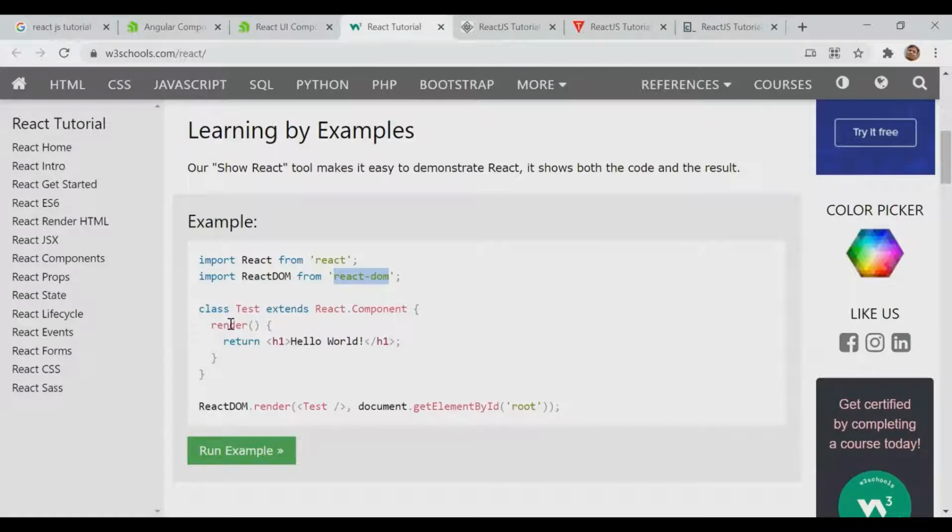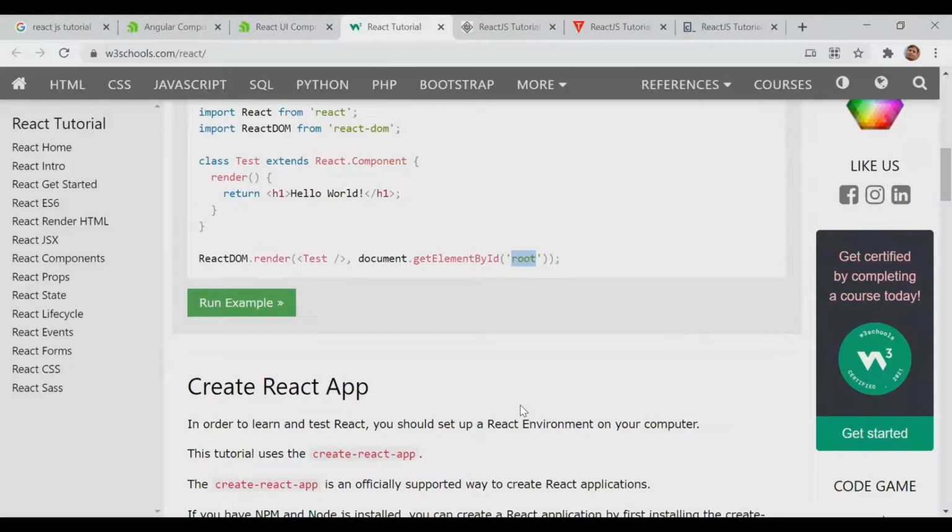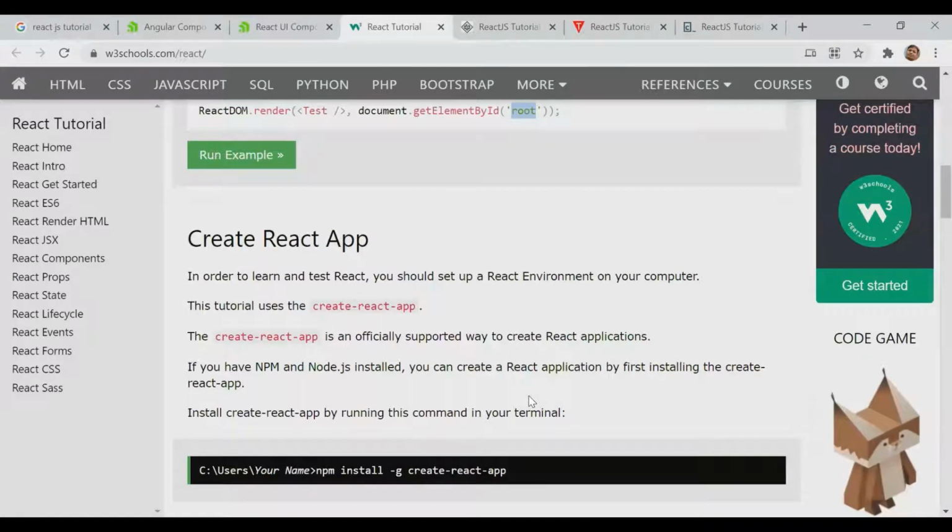In that, render will come, and as Prasant told me, all the things will come under the root tag, right, Prasant? Yes. Root is the ID of the div, available in the HTML file. What is the meaning of ID of div? No, it's a normal HTML tag, div, whose ID is root.